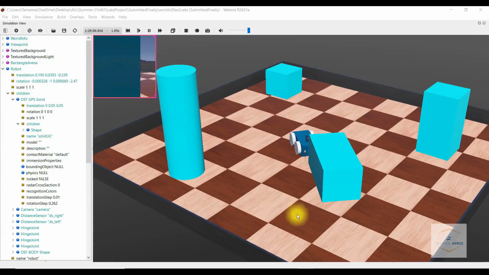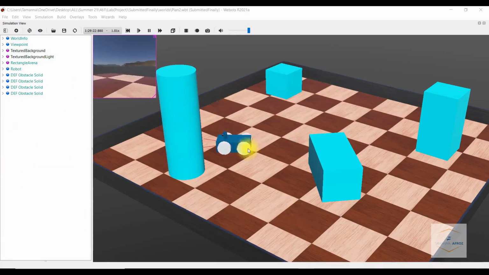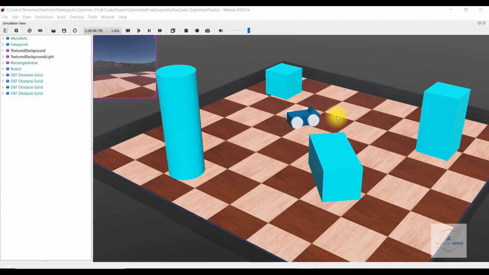You can see here that finally, for giving a few obstacles, I added four obstacles here as it will be needed later, and gave physics and collision to them. As you can see, the body turns around in another direction when it comes in front of an obstacle.